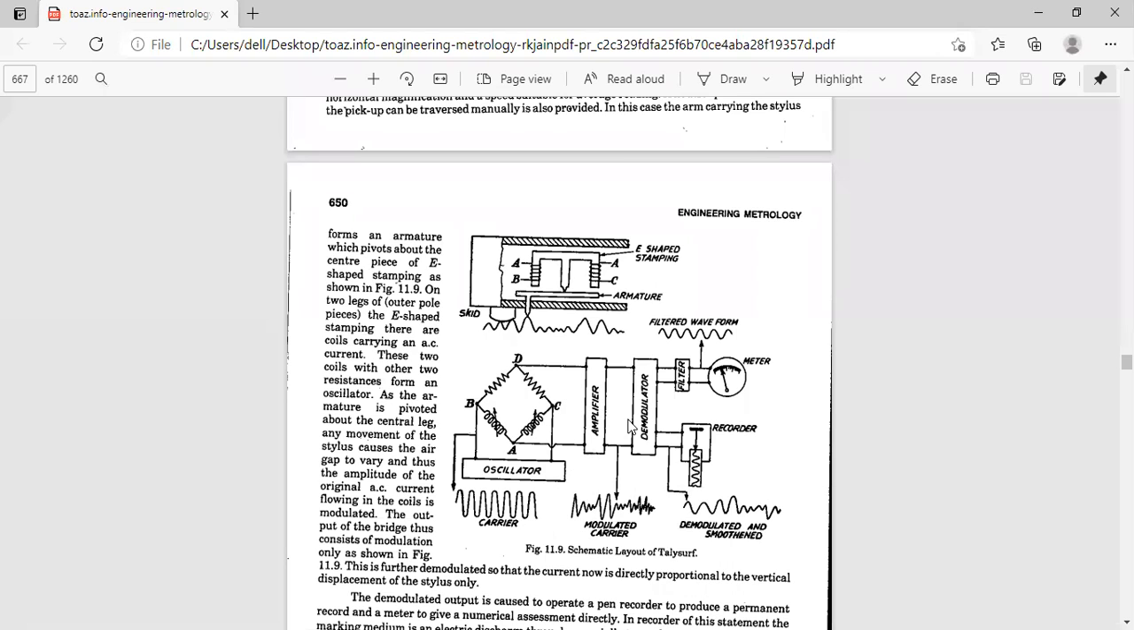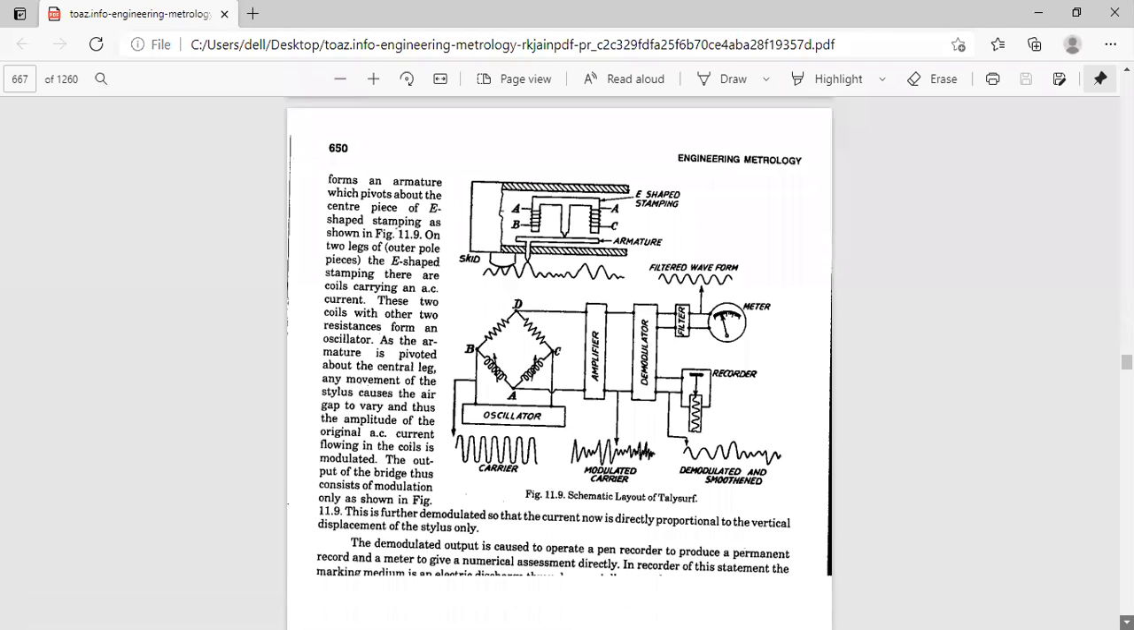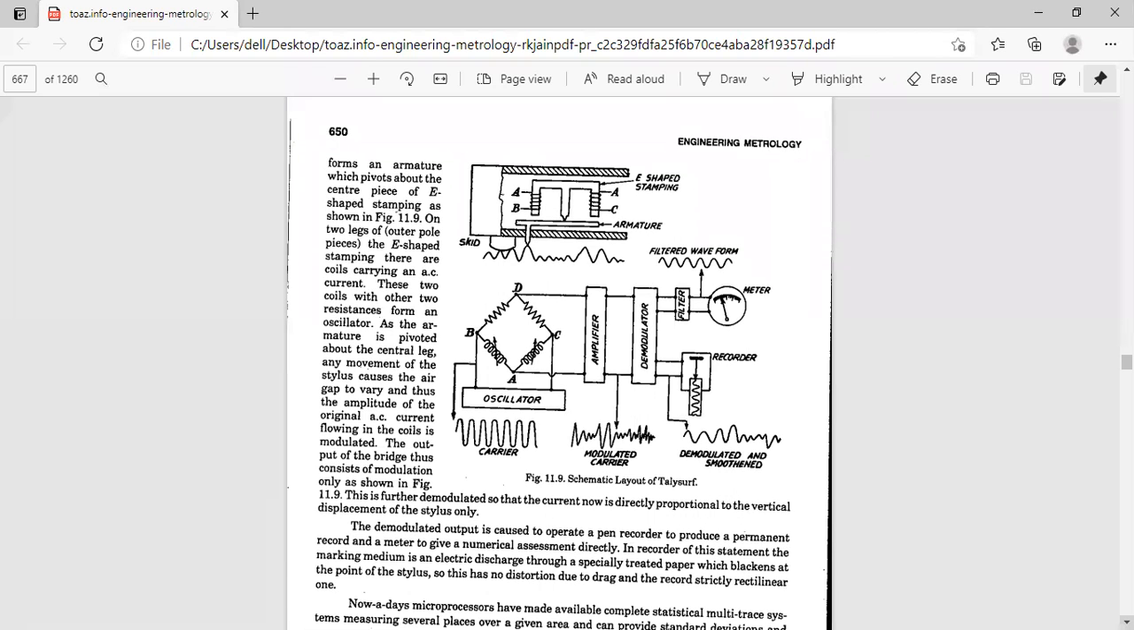So the output of the amplifier is further demodulated. What do you mean by demodulated? The dictionary meaning, Wikipedia, whatever it is, is the smoothing of the waveform. So the current now will be directly proportional to the vertical movement of the stylus only. So this particular principle we are using. After the demodulator, the demodulated output, after the waveform is smoothened,